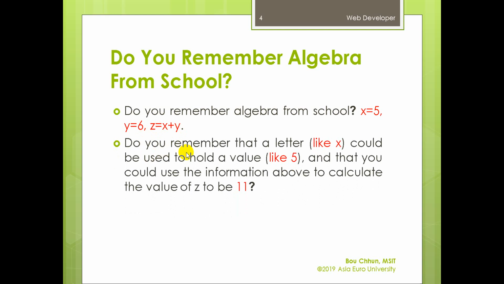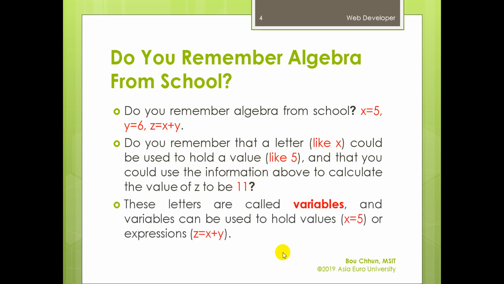Remember letter X and letter Y: X holds the value 5 and Y holds the value 6, and the calculation gives the value 11. So that is what you call a variable in PHP programming, and you can calculate with